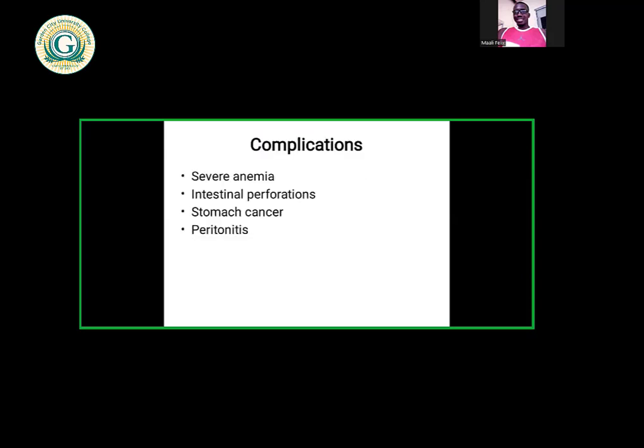When people have this, the complications almost go the same as gastritis. It can be severe anemia. That is when they bleed into their own intestines. It can lead to intestinal perforations. When the intestine is perforated and any exudate enters the peritoneum, it brings about peritonitis. And that severe stomach ulcer, when it becomes so chronic for a longer time, may lead to stomach cancer, which is very common now. So with this,